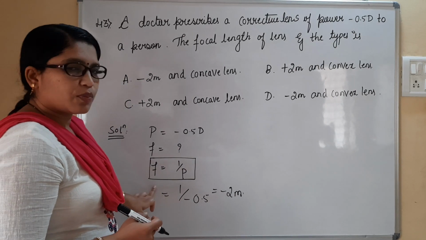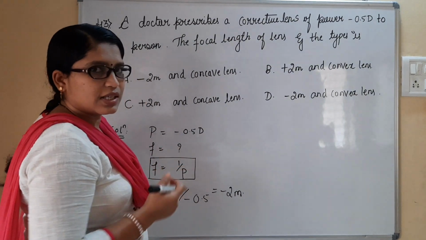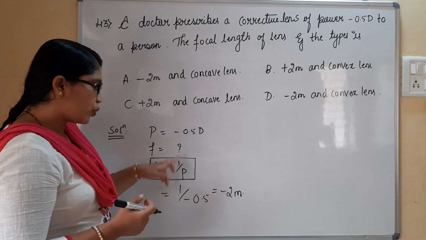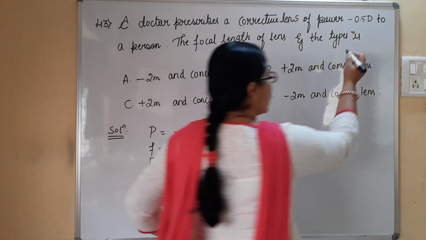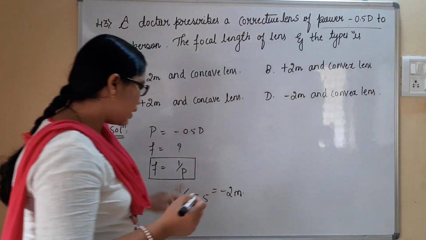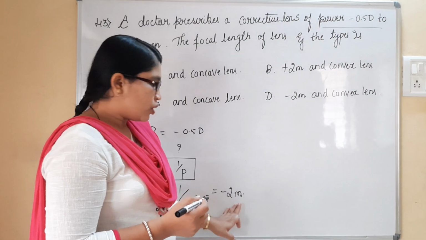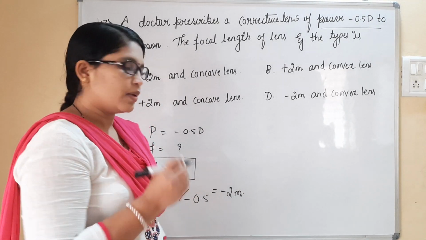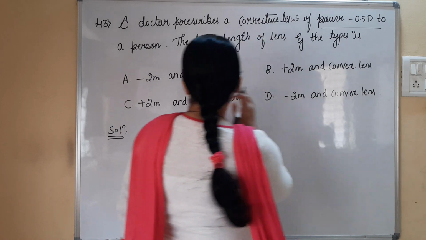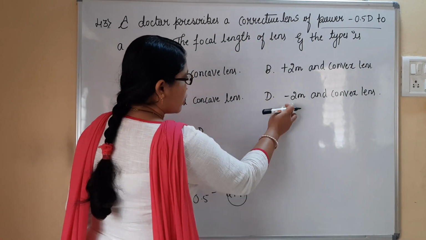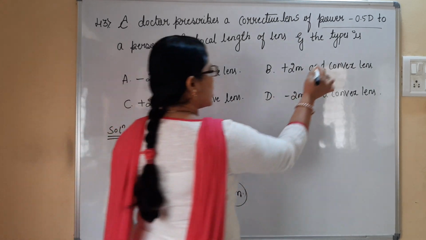So F is equal to, we are supposed to find out the focal length of the lens, as well as which type of lens is being used here. So see, F is equal to 1 by P, the formula we are considering, 1 divided by minus 0.5, the power value given to us. So directly substituting, minus 5, it comes out to be minus 2 meters. So minus 2 meters is our final answer, and we have minus 2 meters in almost all of these, but minus only in 1 and D. In the sense, this option and this option are wrong.